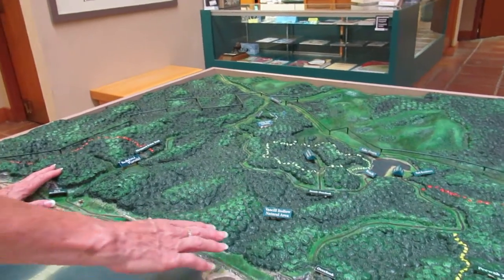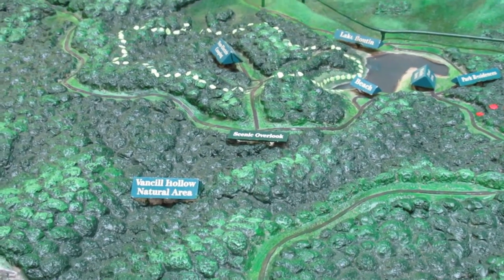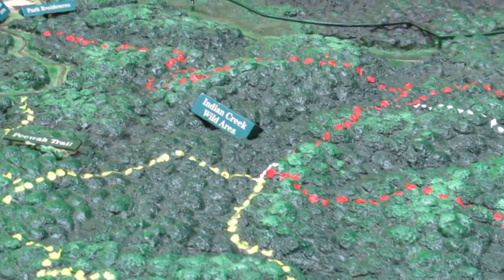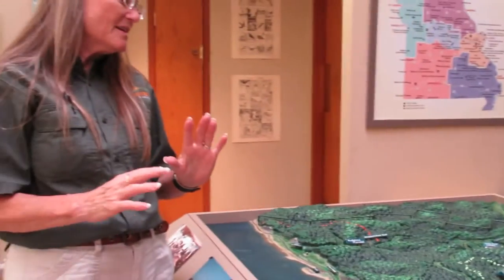features. The Vansel Hollow Natural Area is a special area because of the features of an old Appalachian forest you can find in there. And then Indian Creek is our wild area, which means it has a special designation that nothing motorized can be used in there, like chainsaws. We have to do everything by hand. So it's really nice. Shepherd's Point is another trail system that we have that ties into the history of the